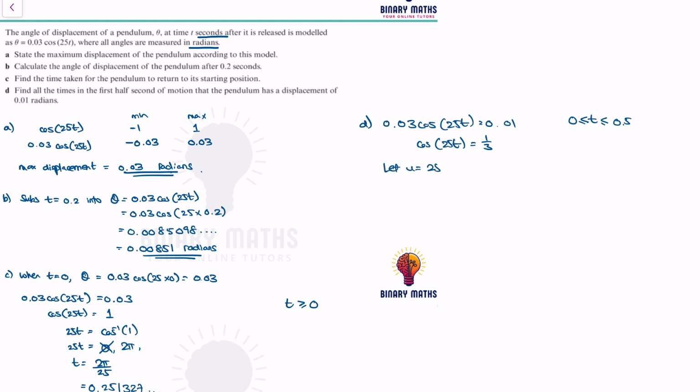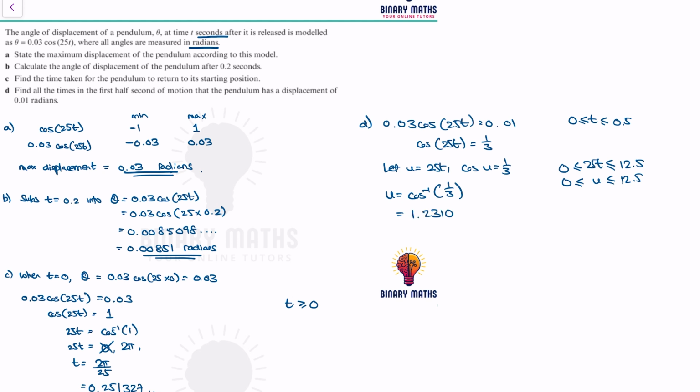Let u be equal to 25t, then cos of u is equal to a third. So if t goes from 0 to 2.5, then 25t will go from 0 to 0.5 times 25, which is 12.5. So u will go from 12.5 to 0. That's the range. So u is equal to inverse cos of a third. If cos u is equal to a third, u is equal to inverse cos of a third, which means the first value I get on my calculator is